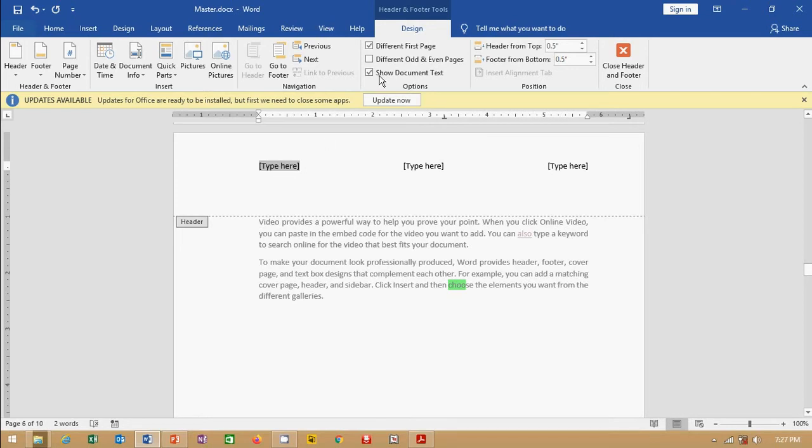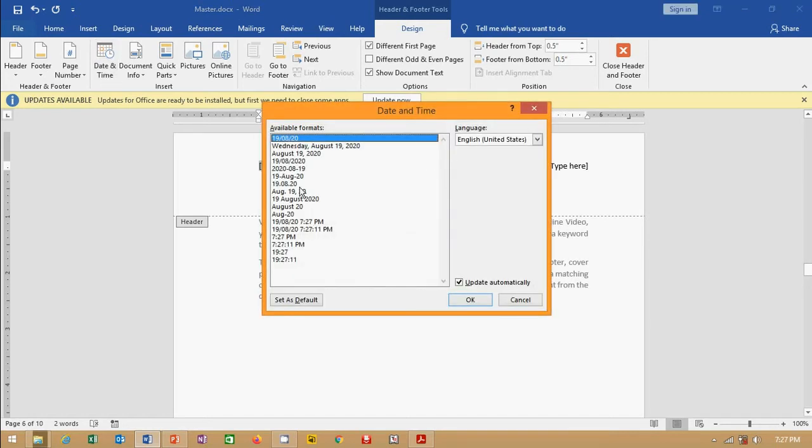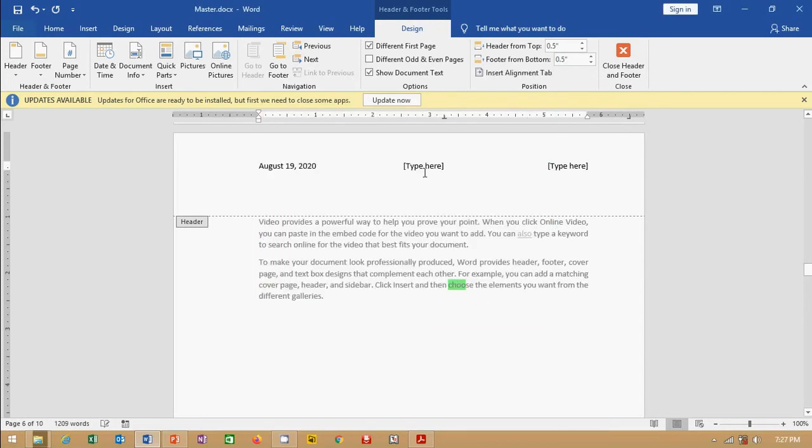After inserting this, we have the Design tab, and from the Design tab we can insert date and time. Select this, whatever format I need, and select OK. My book name is My Book, and I have typed the author's name, any name, for example.